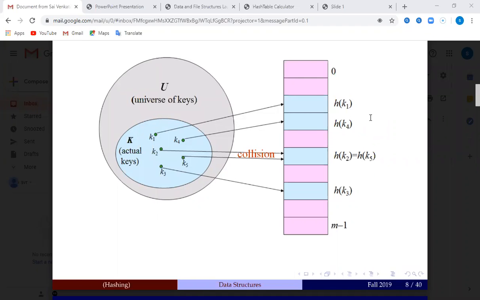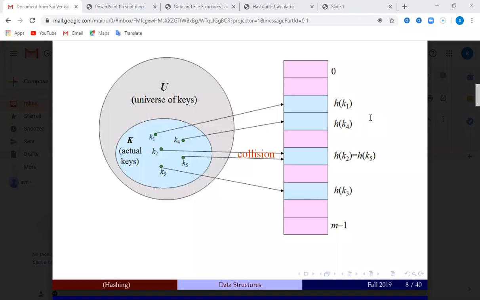Similarly, if I apply the hash function on key k4, I will get a value like 3, so on the fourth location, I will store the key k4. Suppose I apply the hash function on k2 and k5, and I get the same value, that is, the same location where I have to store them.